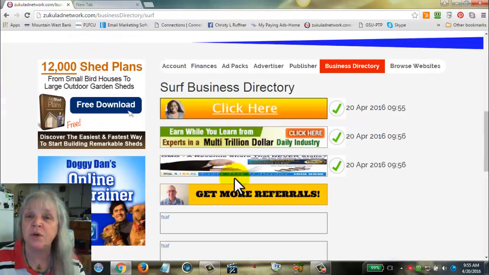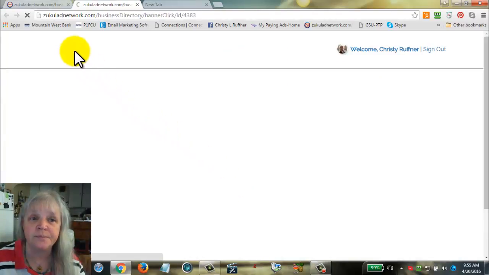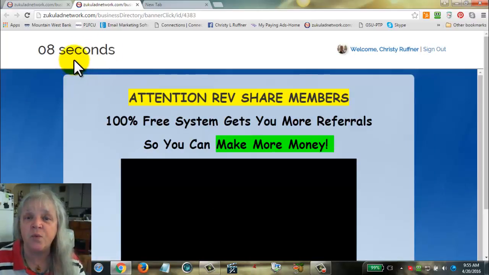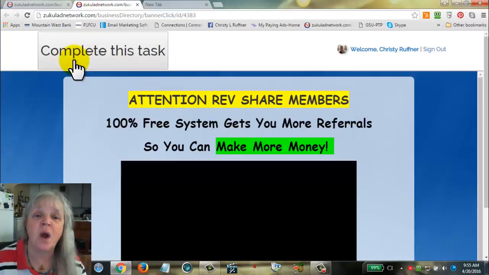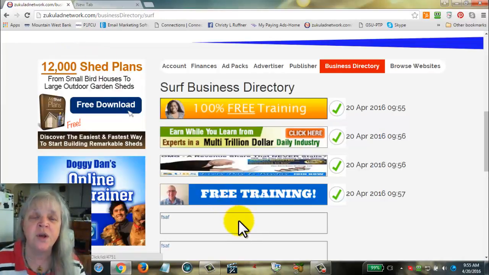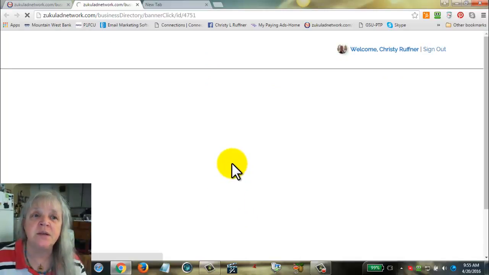Sometimes the page won't load and you sit there and look at the blank page, but the timer still goes, and you get credit for that ad whether the page loads or not. That is not necessarily a problem with our website on our end. It's actually a problem with the link that the banner forwards to in order to run the ad.